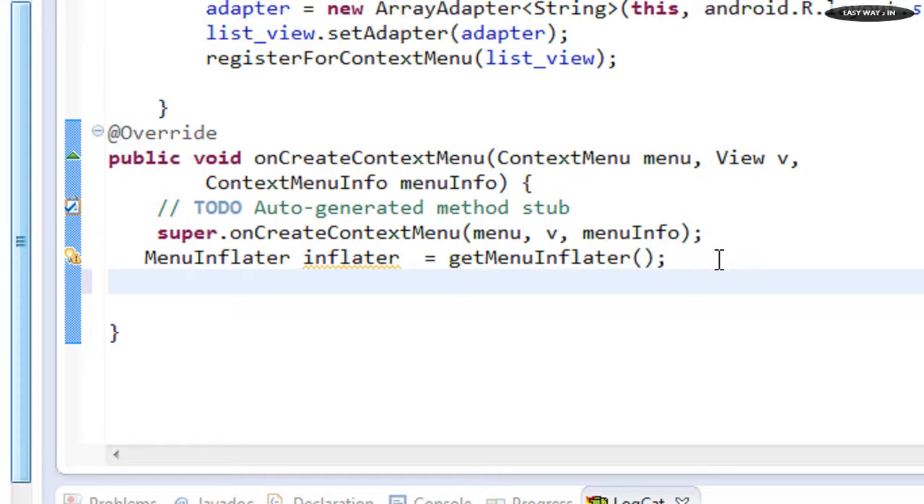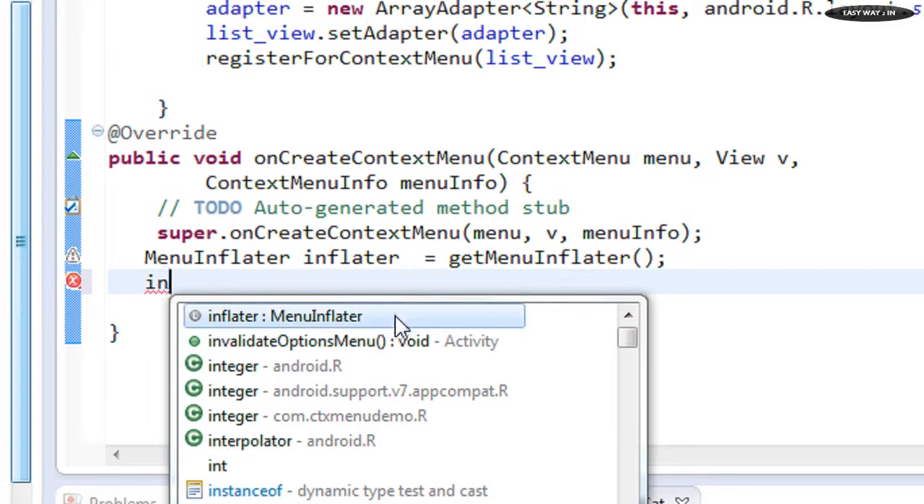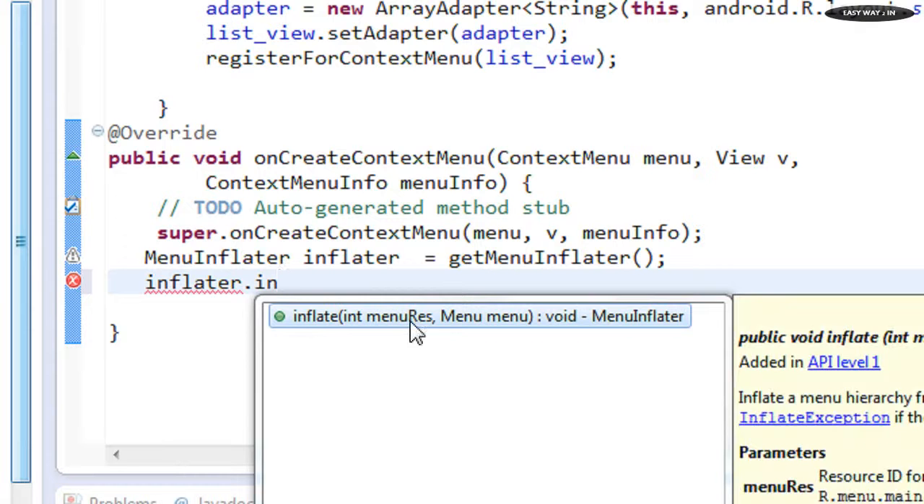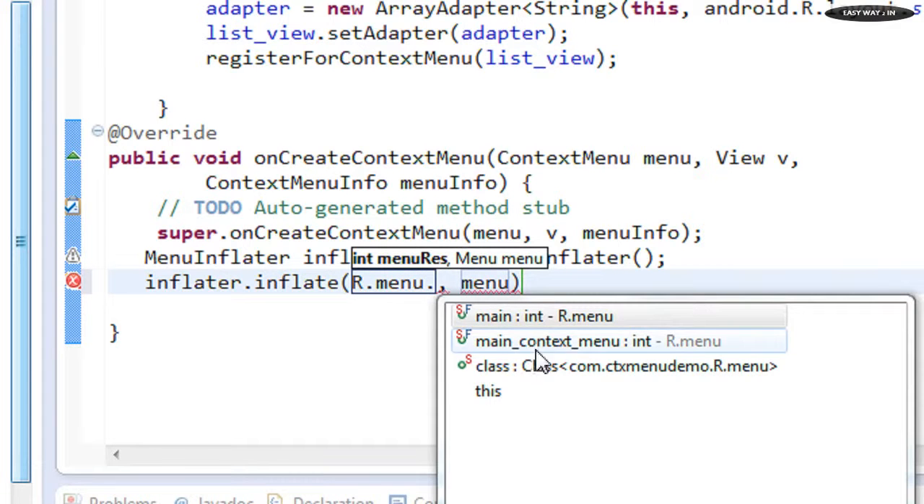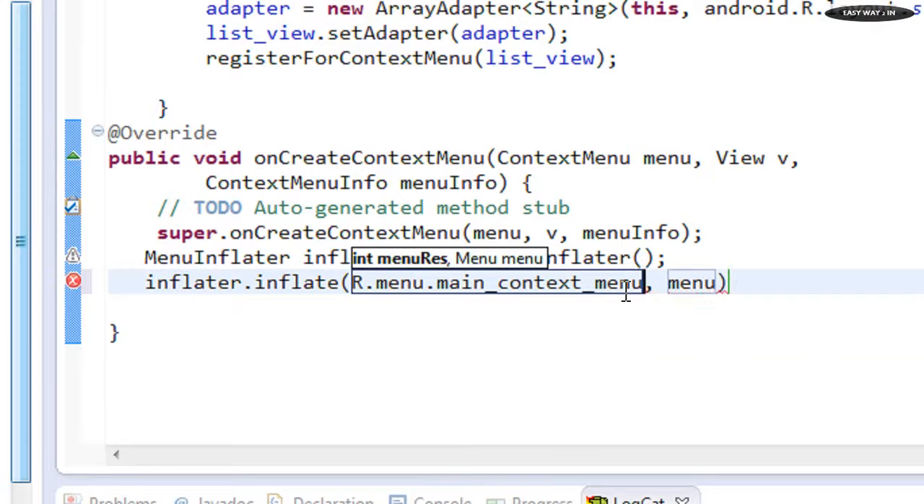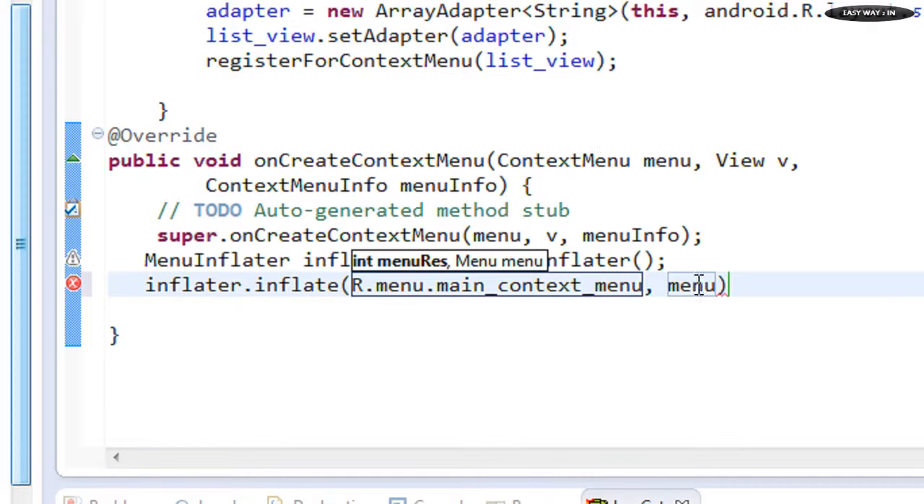Okay, now you can inflate the context menu XML file using this menuInflater object. So menuInflater.inflate, first you have to provide the resource. Here it is, R.menu.main_context_menu. That is our XML file name, and you need to pass the menu object, contextMenu here. So we got it as an argument here, pass the same argument and put a semicolon. Okay, now you have successfully registered the list view with the context menu, and now the context menu is inflated whenever